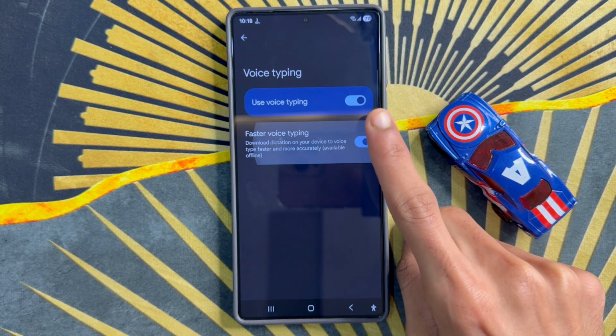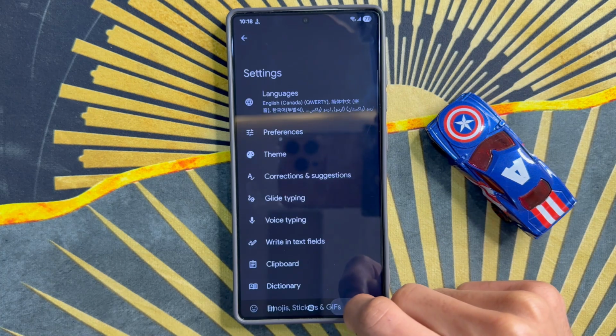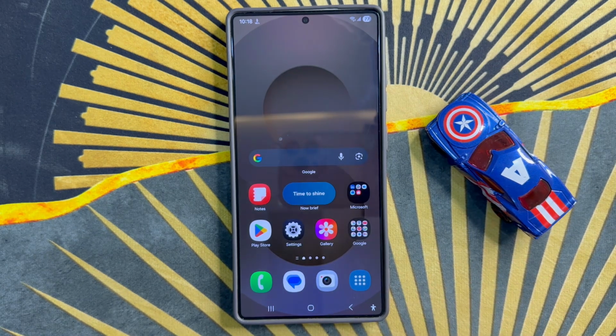After the process, go back to the home screen. So that's how you can turn on or turn off faster voice typing on